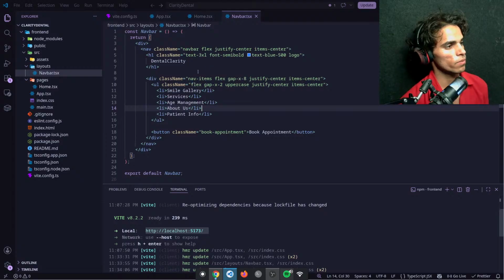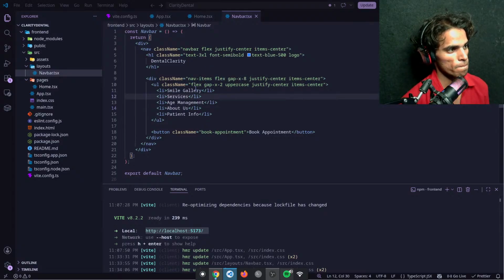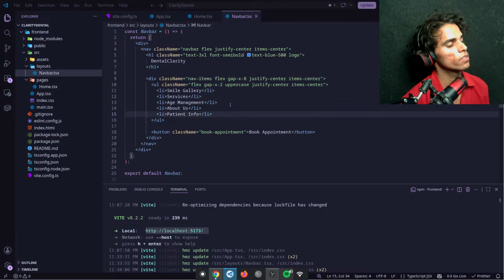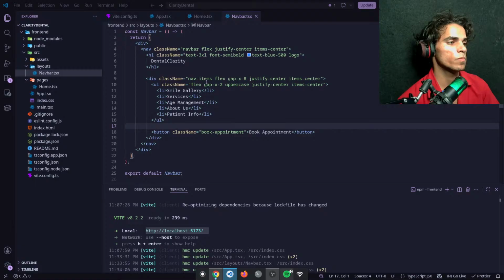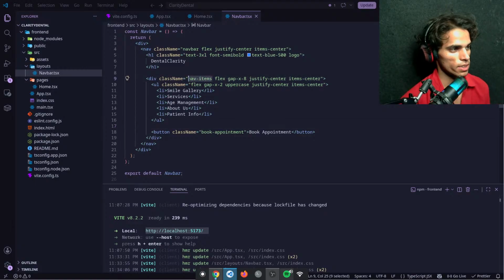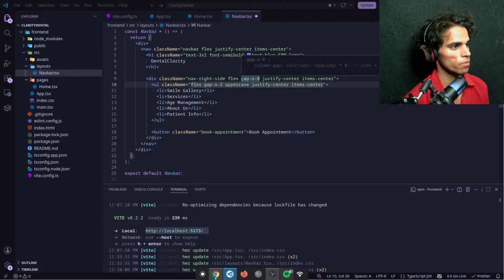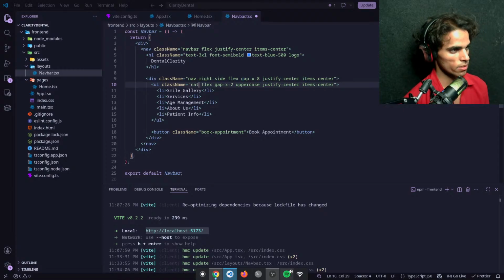So we have logo, nav items, and inside the nav items I'll call this nav right side, rather than calling nav items, because calling nav items is better here.